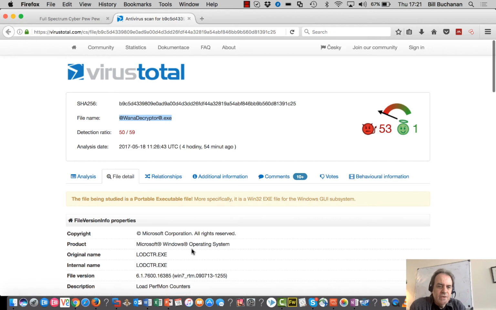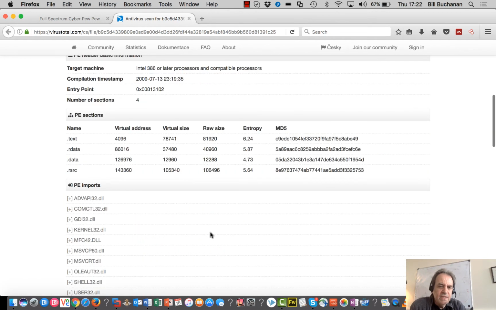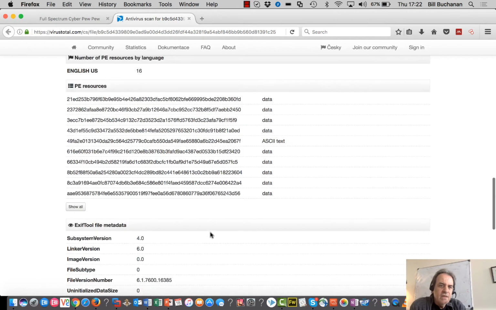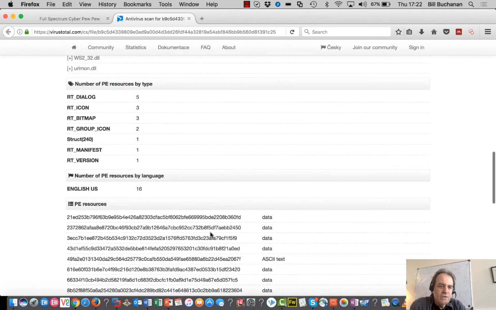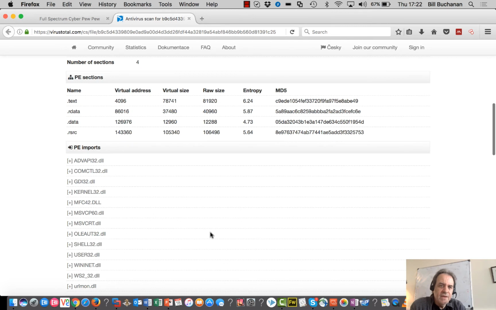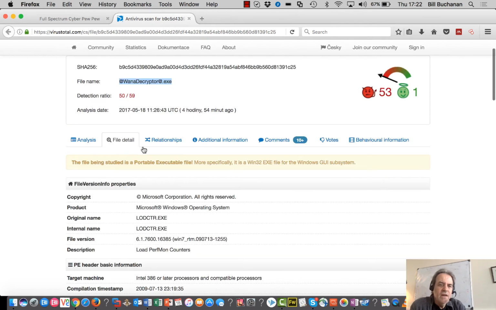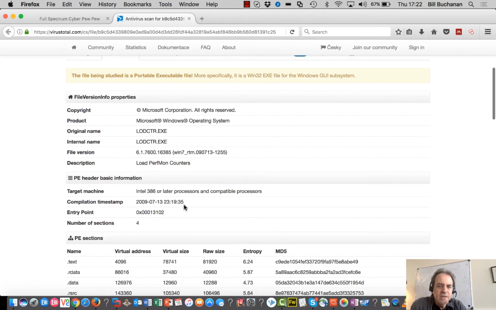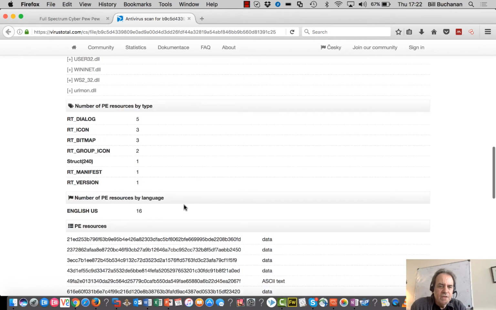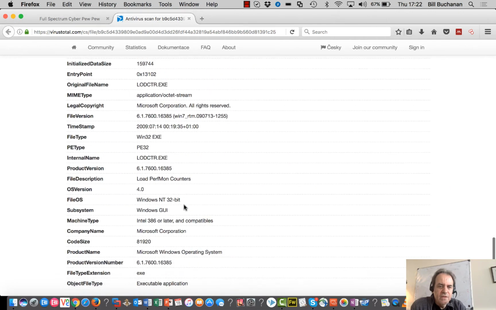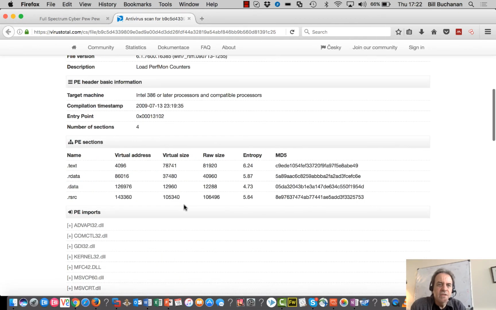But we can actually go and have a look to see the basic details of it, the hash signatures that we're looking for, and then also all the details of the network connections that it makes, and so on. Okay, so often VirusTotal is the place that we would go to be able to understand the malware itself and look for the different types of signatures that it actually has.